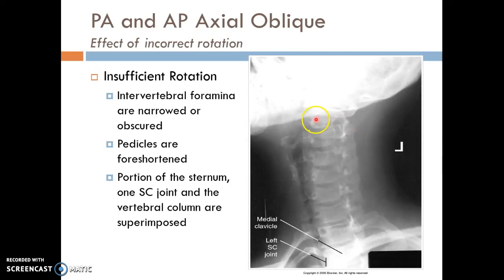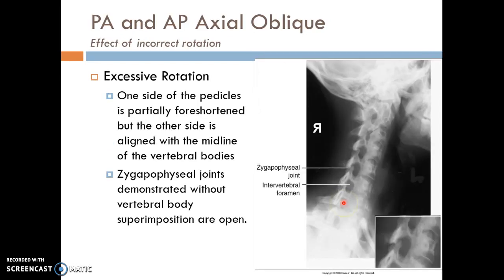The effect of improper rotation: with not enough rotation, the intervertebral foramina are narrowed or obscured, the pedicles are foreshortened, and a portion of the sternum or one of the SC joints will be superimposed with the vertebral column. Too much rotation: one side of the pedicles is partially foreshortened, but the other side is aligned to the midline